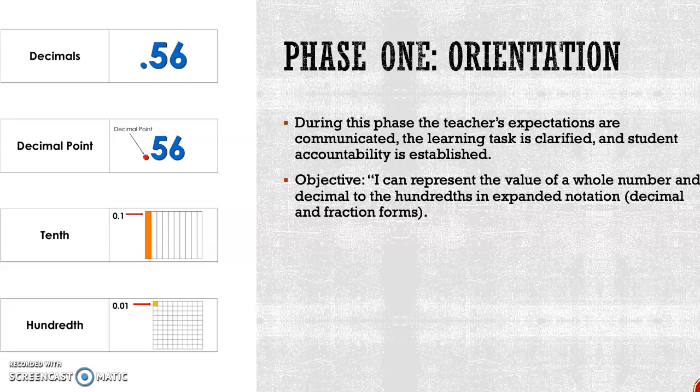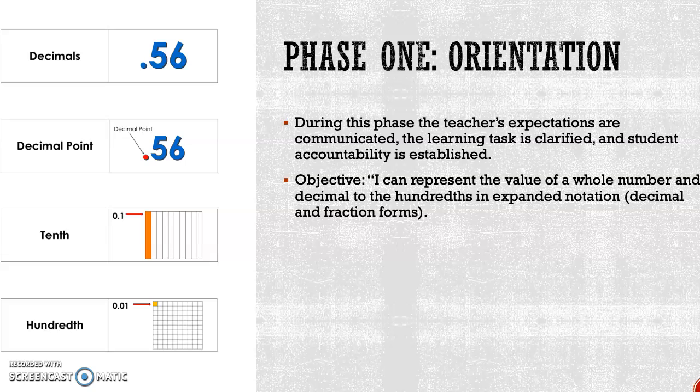students would be done with their do nows. So at that point, they're transitioning into their math journals, and I will start by reading the objective of the day. And in this case, the objective is I can represent the value of a whole number and decimal to the hundredths in expanded notation in decimal and fraction forms. This isn't the first objective of the unit, so I would just go over the important vocab for the unit,